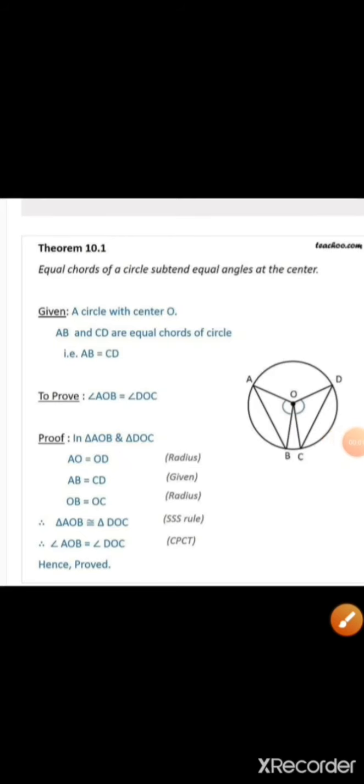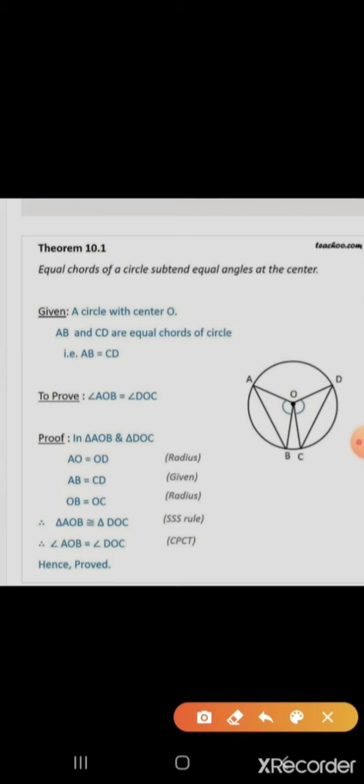Now, the first theorem. Theorem number 10.1: Equal chords of a circle subtend equal angles at the center. This is a theorem. Equal chords of a circle means the chords are equal and their subtending angles